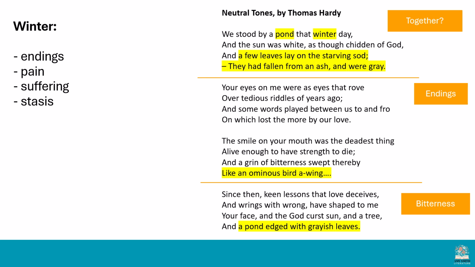But stasis and static mean that something is still. It's not moving anywhere. So if we think about this poem as a whole, we've got the pond where the water isn't moving anywhere. We've got the leaves that are just lying on the ground. They're not moving anywhere. Also, the relationship's not moving anywhere. So all of the images in the poem are to do with stasis, with stillness, with not being able to progress. The next image then is the fallen leaves.